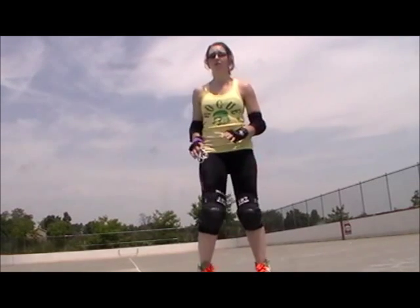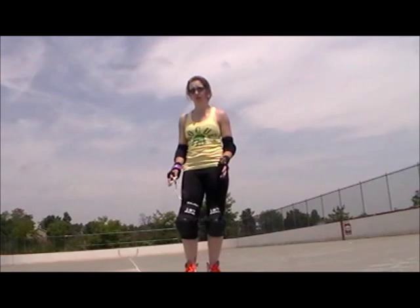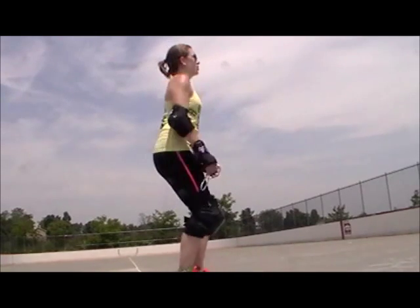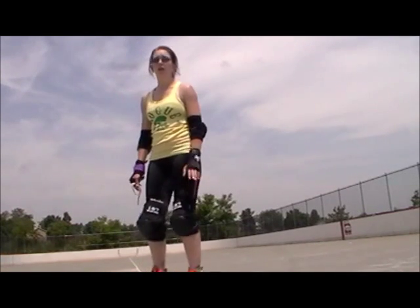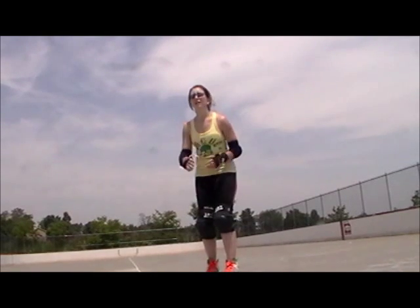Do that. Start there. If you can't do it on your skates even, keep your core tight, get a little lower, bend your knees. If you still can't do it on your skates, practice it on your feet first. Just on sneakers, alright, here's the motion. Don't overthink it. This is one of those skills that if you overthink it, you're never going to get it. So you just gotta kind of